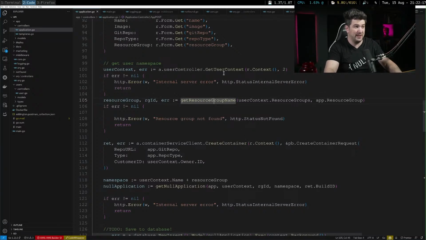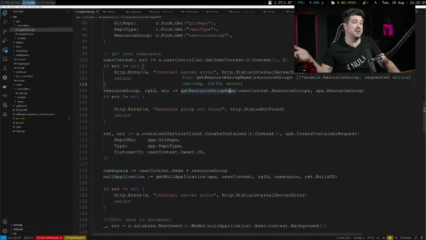Basically, we have to get their information to see if they have a resource group that was named it. We can rework this a little bit where we make a call to see if it's a valid resource group, and then make another call, et cetera, to do each of the things instead of getting all the information.